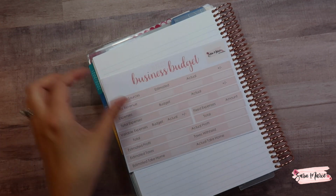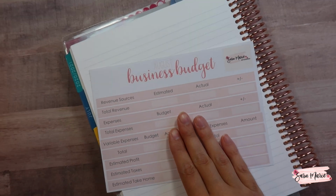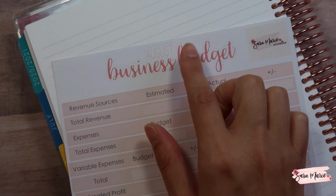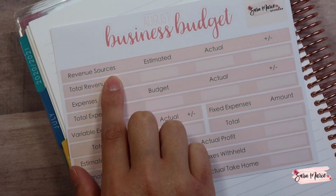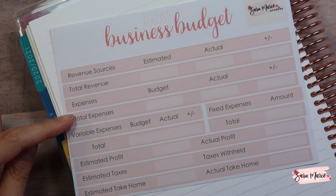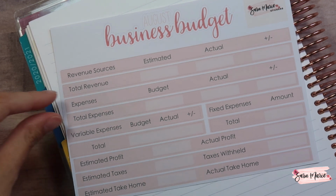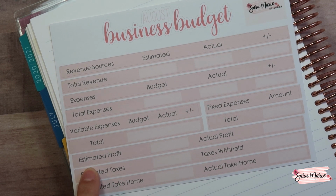So on this page here, I'm going to set up my actual budget. This is the business budget that I came up with. You probably can't see it on the camera because of my lights, but it does say August business budget. And then it says revenue sources, total revenue, expenses. So you have regular expenses, like the regular expense strips, or you could split it up between variable and fixed. I have estimated profit, actual profit,